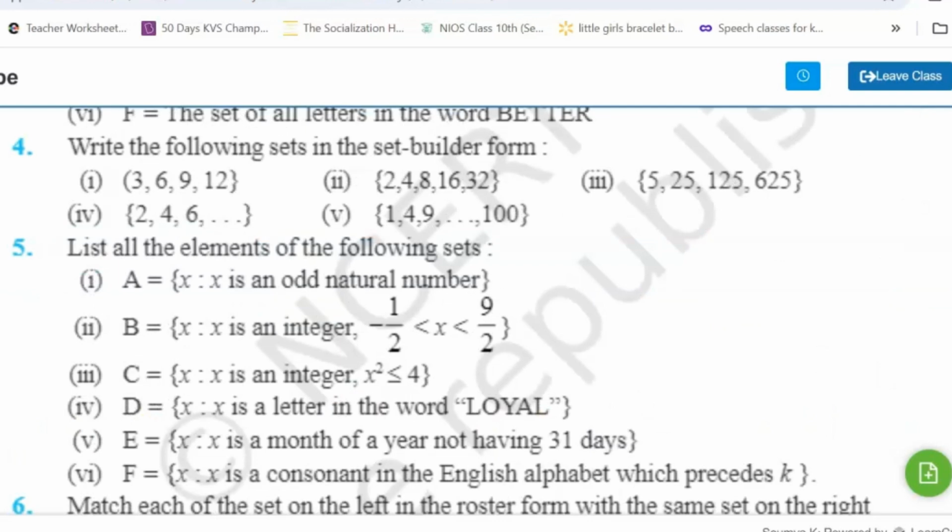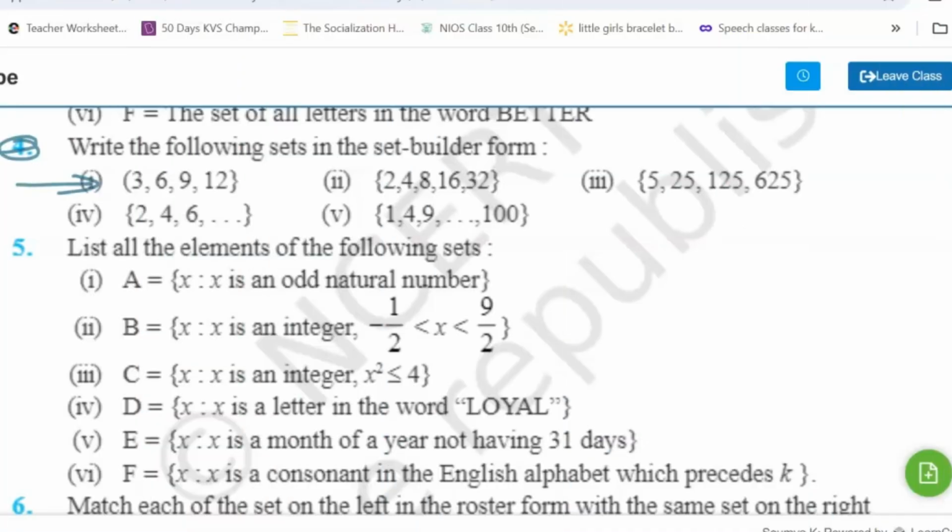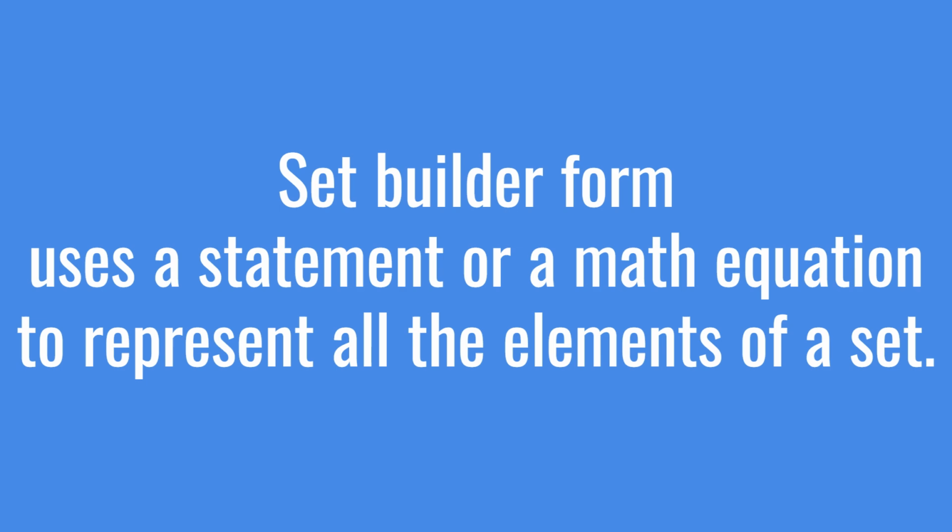Write the following sets in the set builder form. Question number 4. So you have to see the elements and then write a statement in the set builder form. You can see here it is curly brackets to include the elements 3, 6, 9 and 12. 3, 6, 9 and 12 give you multiples of 3. That is 3 ones are 3, 3 twos are 6, 3 threes are 9, 3 fours are 12. So easily you can write it as